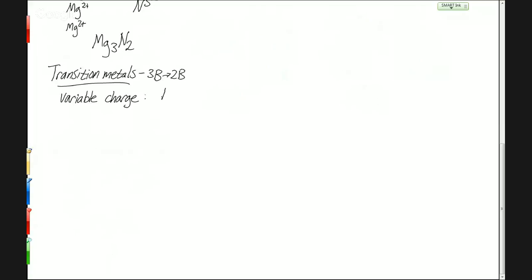For instance, iron can be 2 plus, or it can be 3 plus. Copper can be 1 plus or 2 plus. Some of them have multiple different charges they can be,